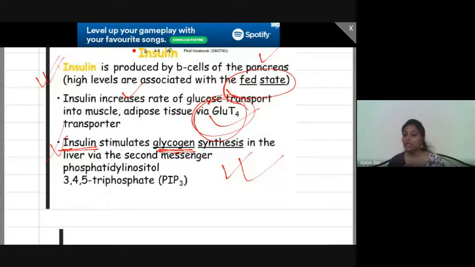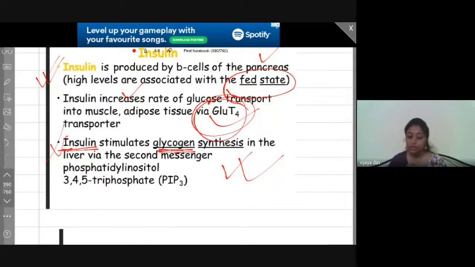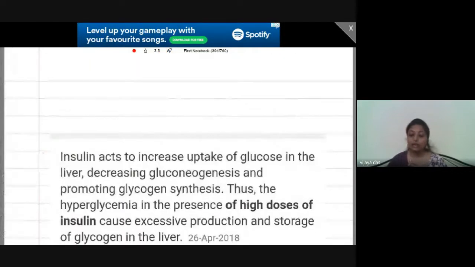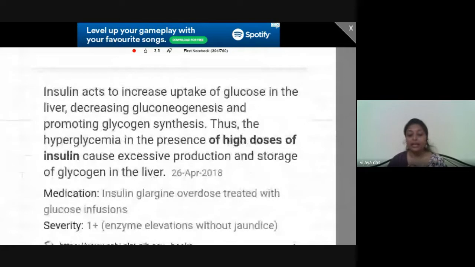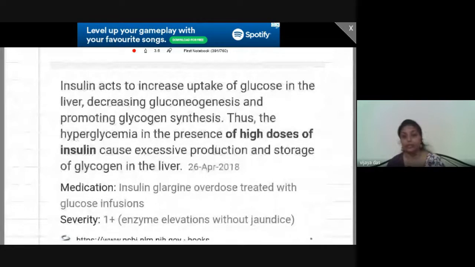Now, just imagine the situation that there is a diabetic patient who is taking insulin for long, which means that for a long time, the glycogen is building up in the liver. यानी कि जो पेशेंट होगा ना उसकी बॉडी में खुद का सम अमाउंट ऑफ इंसुलिन विल बी देयर, व्हिच विल बी प्रोड्यूस द नेचुरल इंसुलिन, and then the person is again taking insulin from outside. So as a result of which there will be very high level of glycogen synthesis, and due to which that